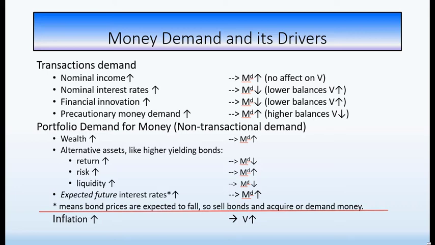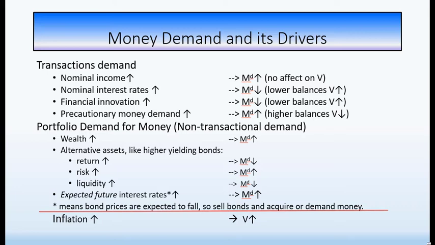If you expect interest rates to rise in the future, what you're going to do is pull your money out of those alternative accounts, like a bond fund, because you're going to experience a capital loss because you know that when interest rates go up, bond prices drop, even stock prices drop. So the alternative asset could even be a stock mutual fund, for example, or plain old stock. So when expected future interest rates go up, money demand is likely to go up. You're going to go into a nice, stable checking account or cash and avoid those capital losses.